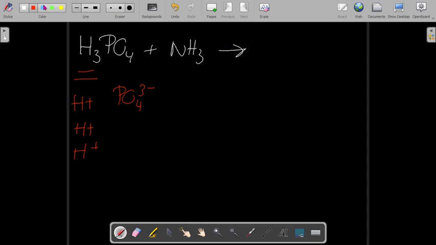This is my acid, and this is my base. By definition, the base will be taking those protons. Well, each one of them can take 1 proton. That's the way it works. So I'm going to need 3 of these to take each one of them. So what am I creating? I'm creating 3